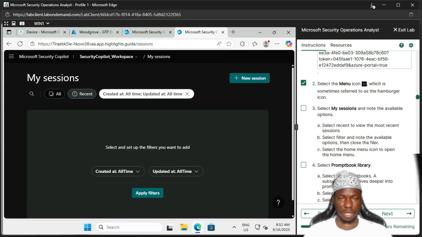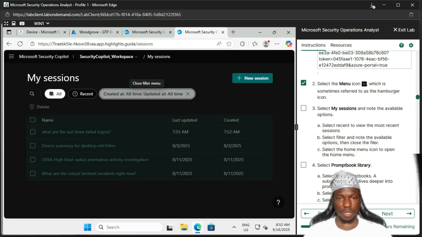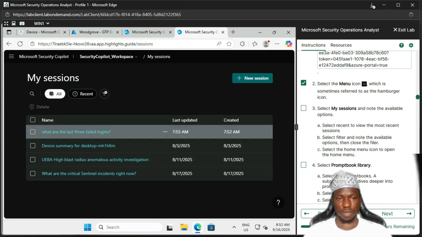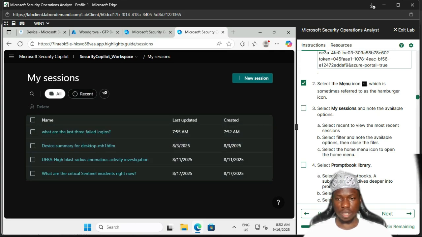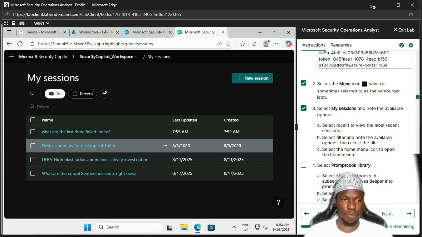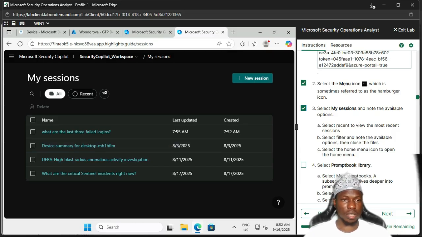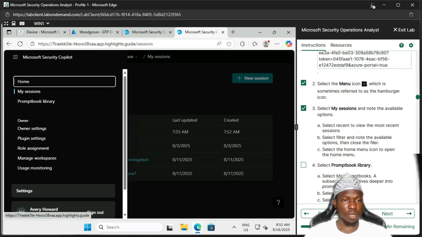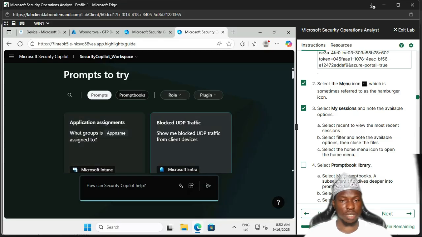And then we can close it. Okay, so you go back to all and select the home menu icon to open the home menu. This is the home menu,